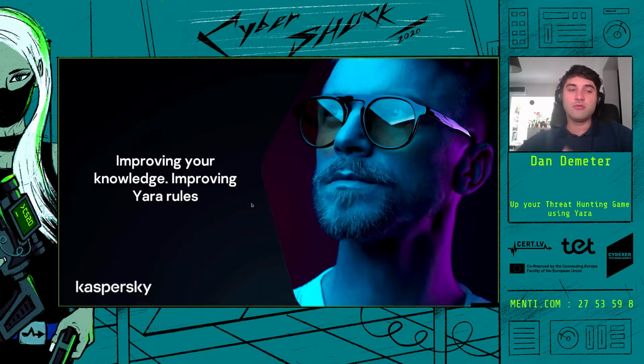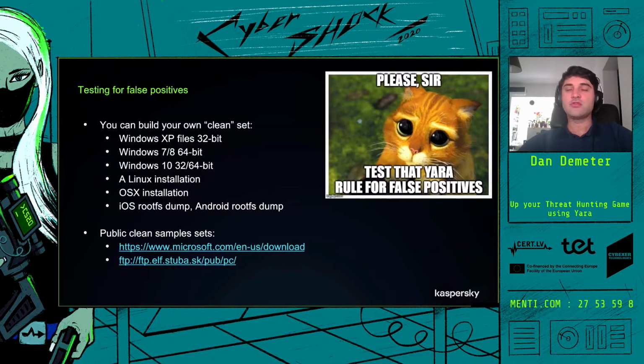So what can you do to improve your knowledge and to improve your Yara rules? Well, you should test for false positives. It's very important you don't match legitimate files. So how can you build your clean set? Well, you might laugh, but you can go and grab a Windows XP installation file and install it in a virtual machine,